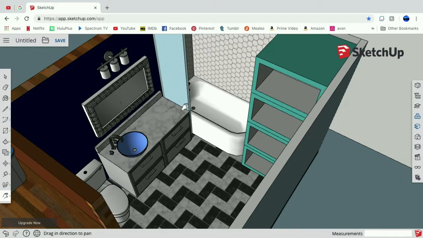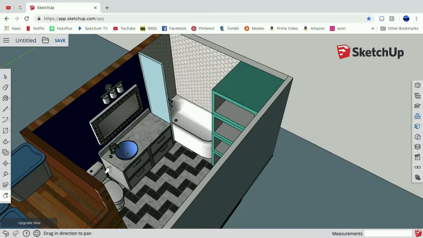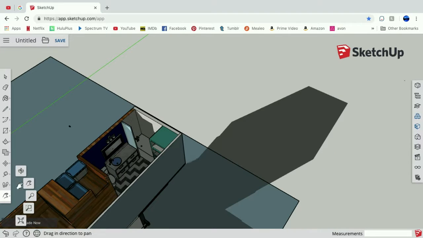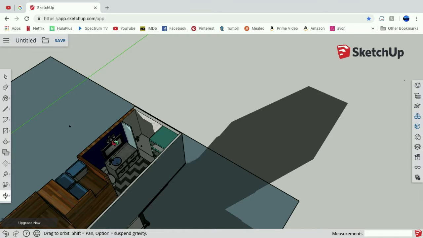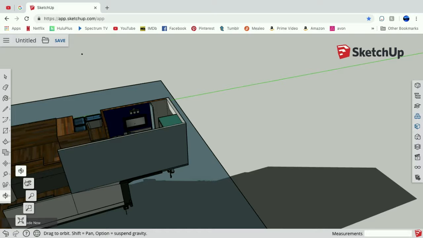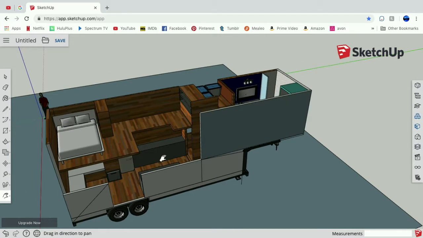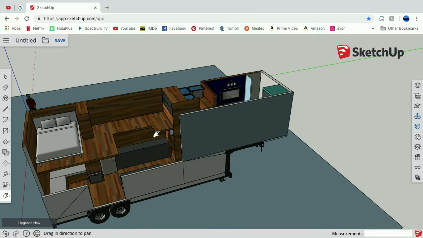So, bathroom's pretty much the same. I did decide to go in this tiny house because it is a smaller trailer that I have here. Basically, it's two different versions of the same setup that I want. I do like the setup that I'm going with the best, with the bathroom on one side, bedroom on the other, kitchen kind of in the middle. So that is going to be the same setup as the other one, but this one is just on a